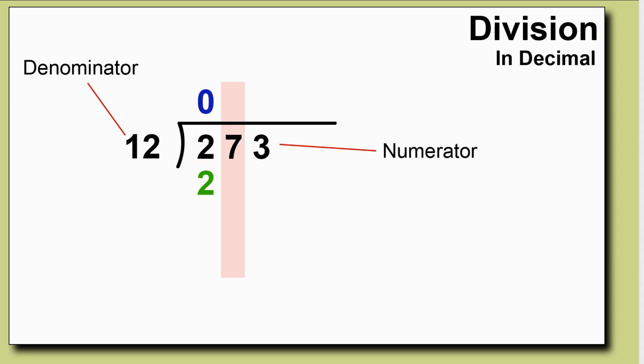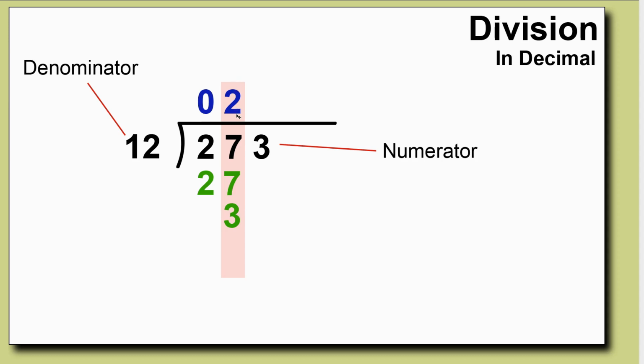Then we move on to the next digit, and we bring the 7 down. Now 12 does go into 27. It goes in twice. So we're going to put 2 up at the top, and then we're going to subtract 2 times 12, which is 24, from the 27. The green numbers down at the bottom here, we're always just showing the remainder from whatever we did to generate